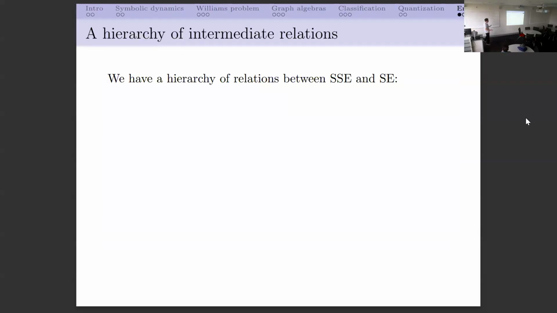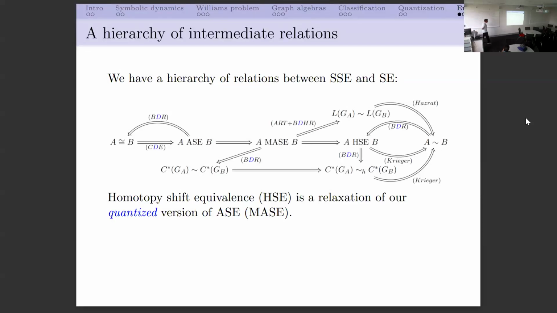So we have a hierarchy of classification of relations between strong shift equivalence and shift equivalence. Here's how it looks. We have islands of understanding. Here is the island of strong shift equivalence, the same as aligned shift equivalence of A and B, which I haven't yet told you, so don't worry about it. It's not important for the purpose of this talk. And then we have an island of shift equivalence, the same as homotopy shift equivalence, which is the same as graded homotopy equivalence of the graph C-star algebra. And in the middle here we have module aligned shift equivalence, which is sort of a